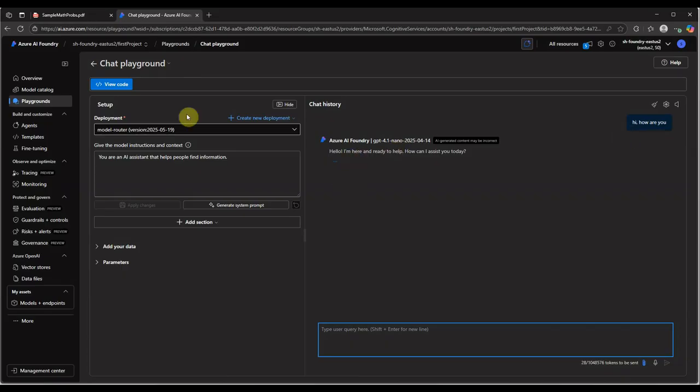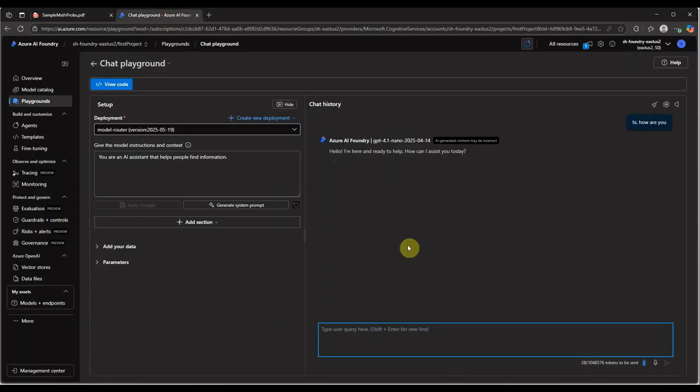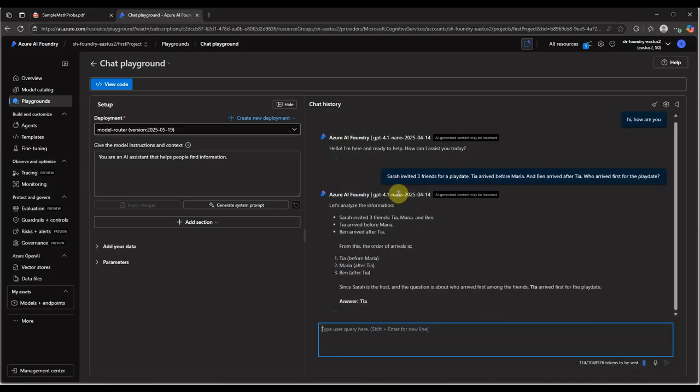Okay, so let me ask one question, which is a math problem. So I will quickly copy it over here, and we'll see which model it uses. Sarah invited 3 friends for a play date. Tia arrived before Maria, and Ben arrived after Tia. So who arrived first for the play date? And I want to see which model. So again, we can see that it is using the same model, which is GPT-4.1 Nano,